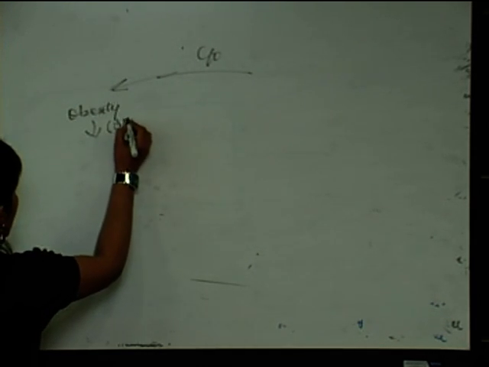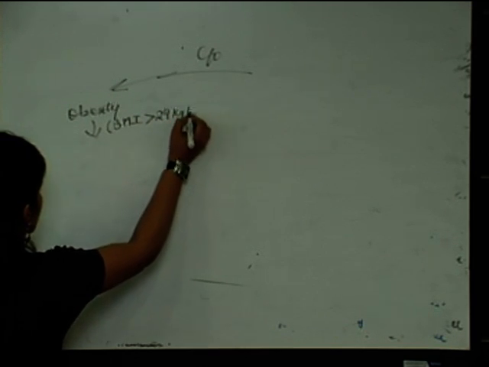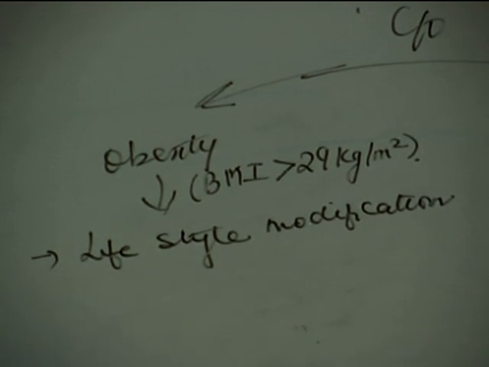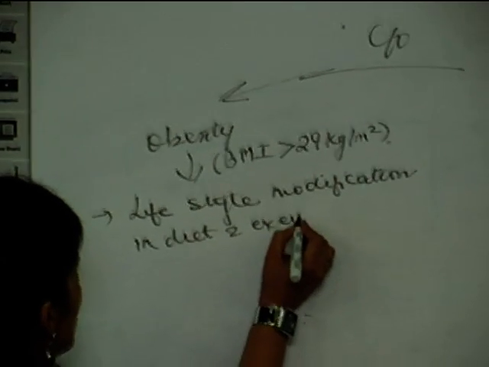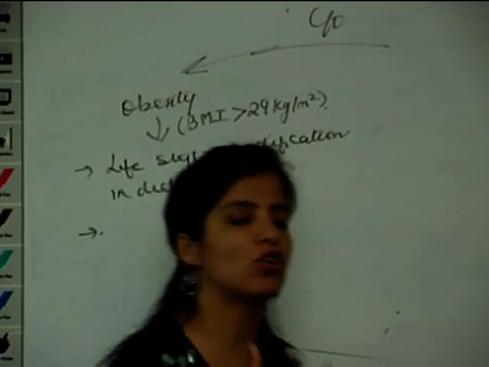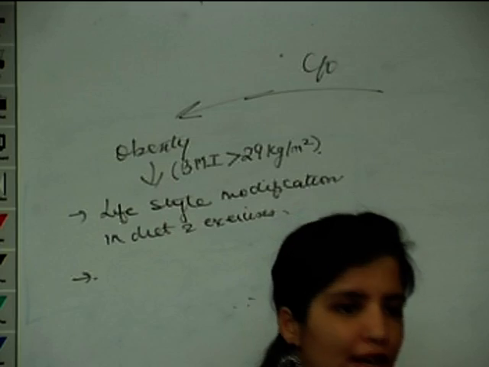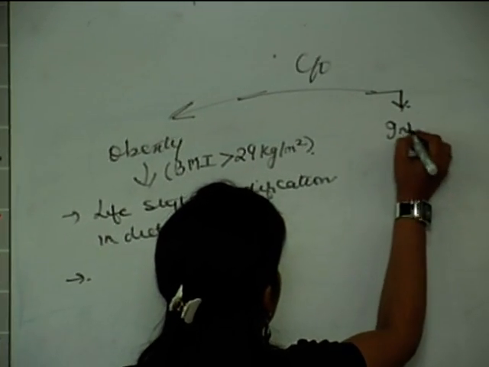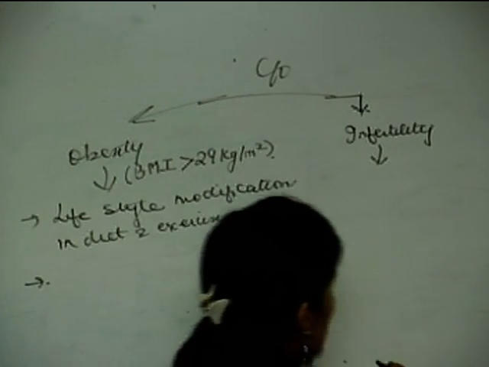Obesity is defined as BMI more than 29 kg per meter square. For obesity, we will advise lifestyle modification in diet as well as exercises, moderate exercises. With weight loss, there will be resumption of menses and it will also reduce the androgen levels. If the patient is coming to us with infertility, now infertility in case of PCOD is due to anovulation, so